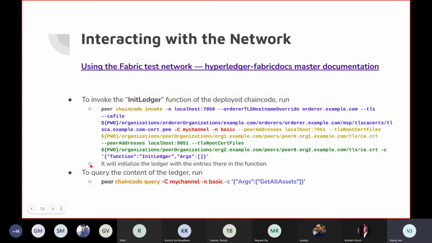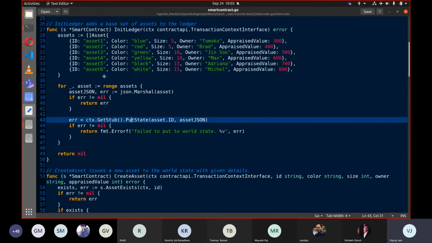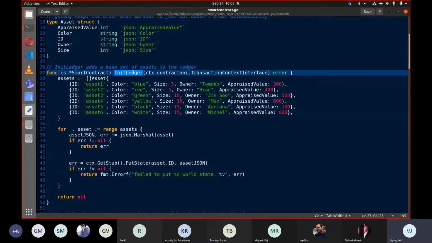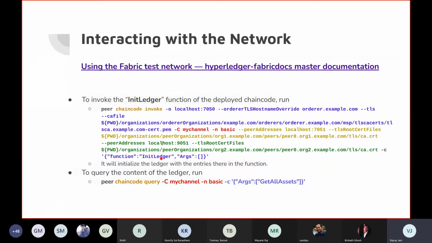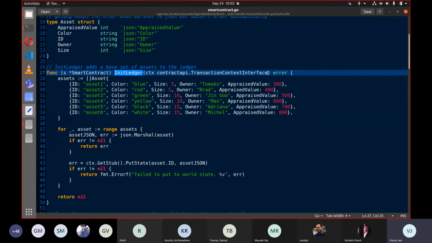And then finally we have an attribute which is a JSON, which contains the name of the function and the arguments which we are passing, which this function requires. We have seen this function in the chaincode. The function name is InitLedger, and it requires no arguments from the outside.